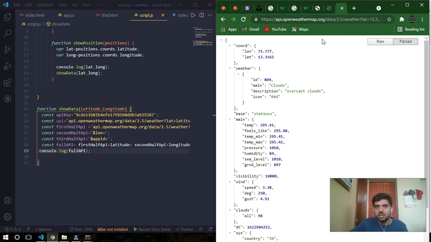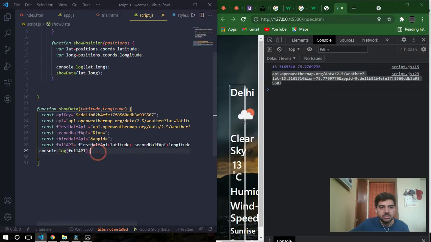Okay, this is what we required. Now what I'll do is, instead of show data, I'll just take it as arrange API. Similarly, I'll just copy it here.